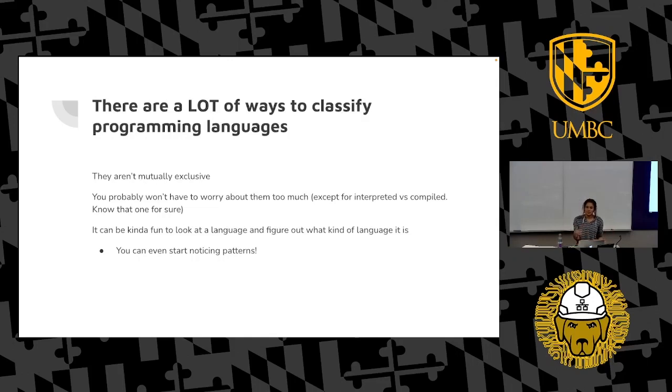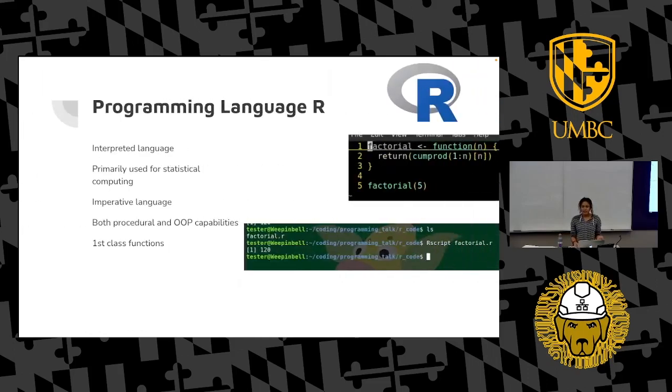Definitely the difference between interpreted and compiled languages for sure, and as I said earlier, Jeremy will be going much more in depth on the difference between those two next week. But it is also kind of fun to look at a language and try to figure out by its structure what it could be, especially since you start noticing patterns once you realize what a language could fall underneath. It's honestly really neat. So first up is R.